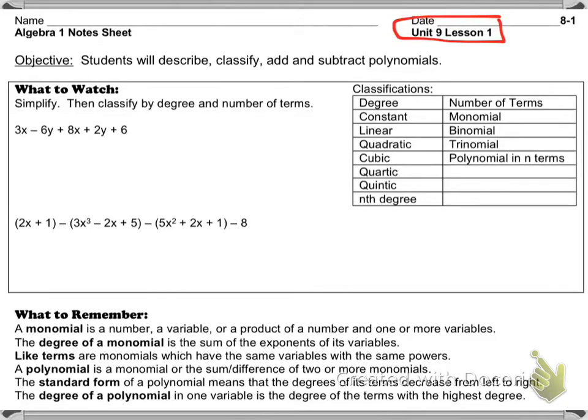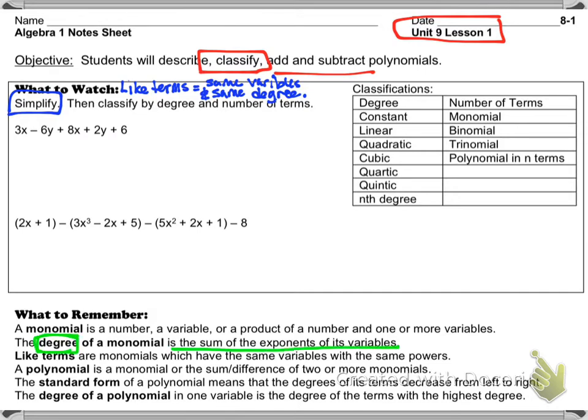Here we go, beginning lesson 1 in unit 9. So we want to be able to classify and simplify polynomials. So we need to know that like terms have the same variables with the same degree on each variable. The degree of any term or monomial is the sum of the exponents of its variables. Now, if it's just one variable, then it's just the exponent on that variable would be the degree of a